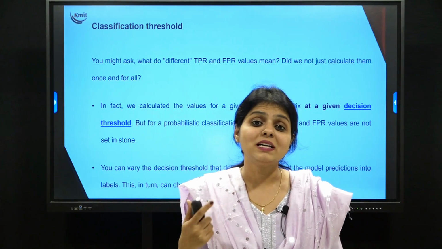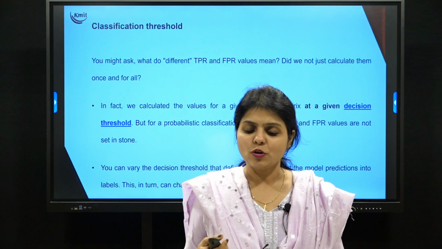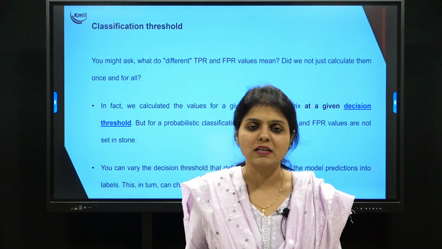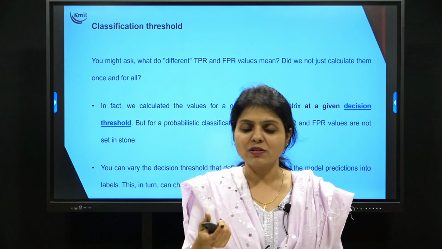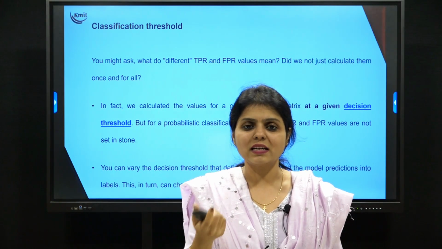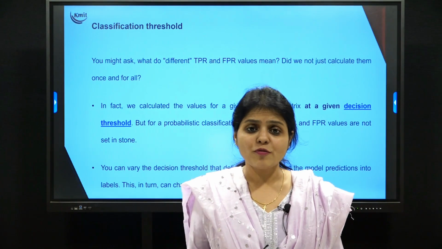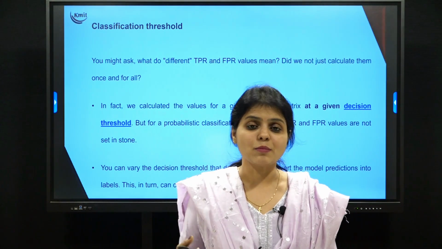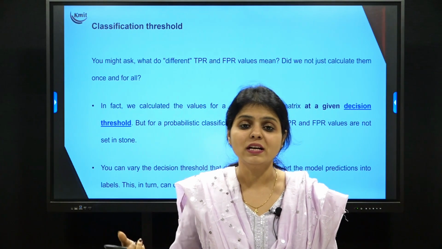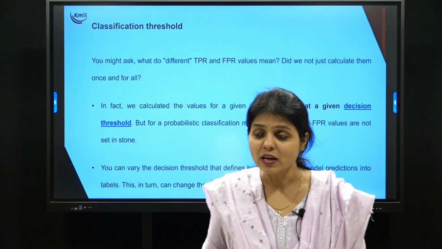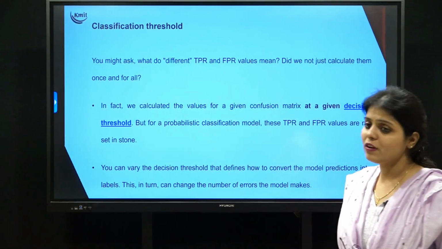So these are probabilistic approaches. Looking at one value, I can't say he's diabetic or not diabetic. This is not the proper answer. If the person has an HbA1c below 5, then we say non-diabetic. If it is above 5, again we have categories: above 5, above 6, above 7, above 8. So I have to go for a probabilistic model by applying a threshold to everything. That is possible only when you go for